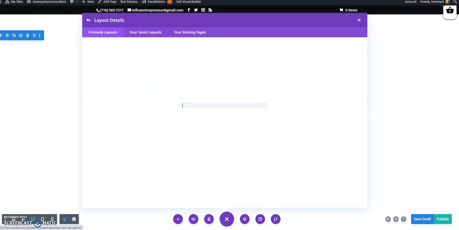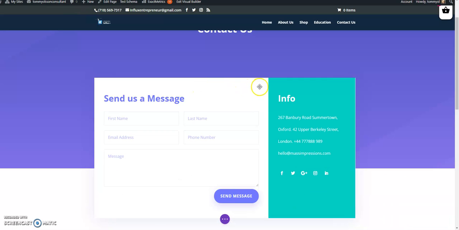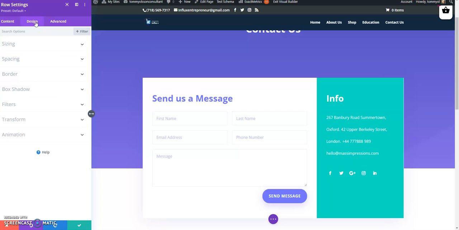Now I'm going to remove modules that I don't need. And now I'm going to start to customize this page. I click on Design, Advanced, Position.